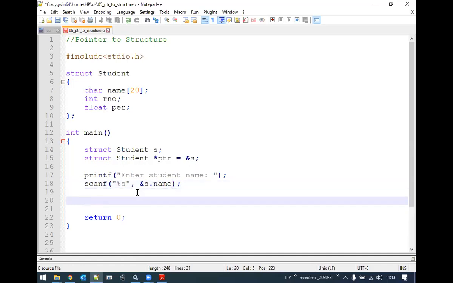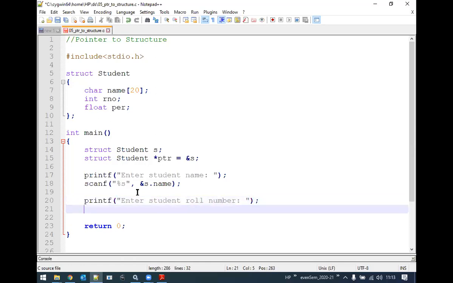Next, in the same way, I want to read the other details as well. Say printf, enter student roll number. Then read it again. Scanf percentage d as it is an integer, ampersand again s dot rno.